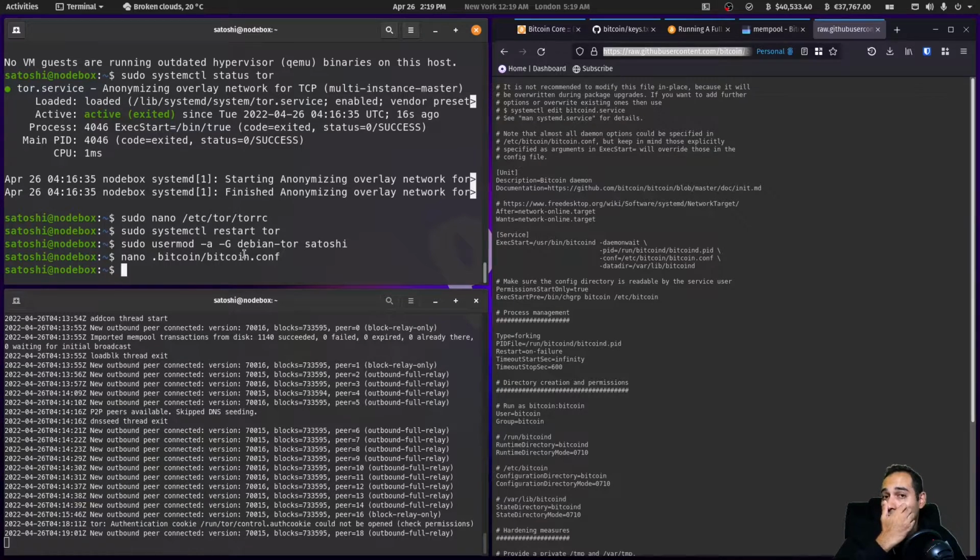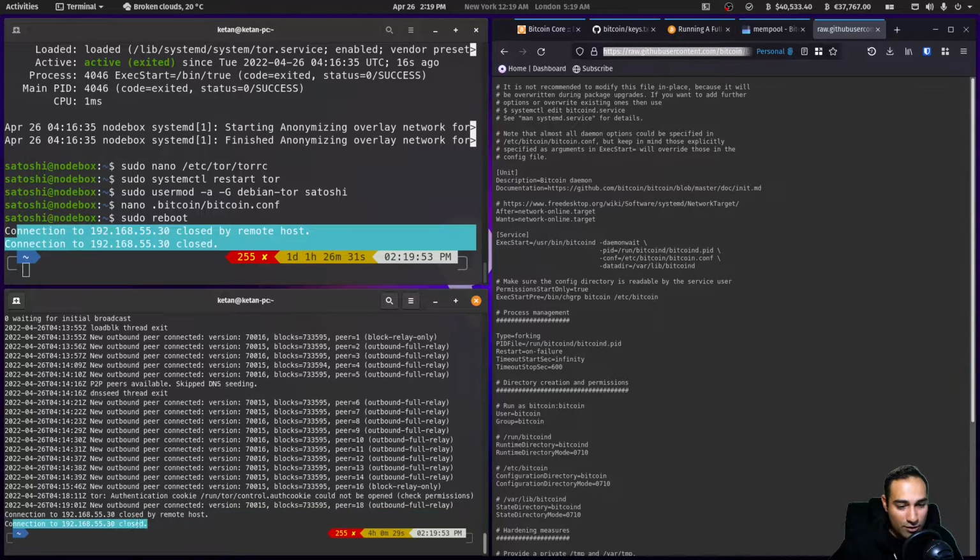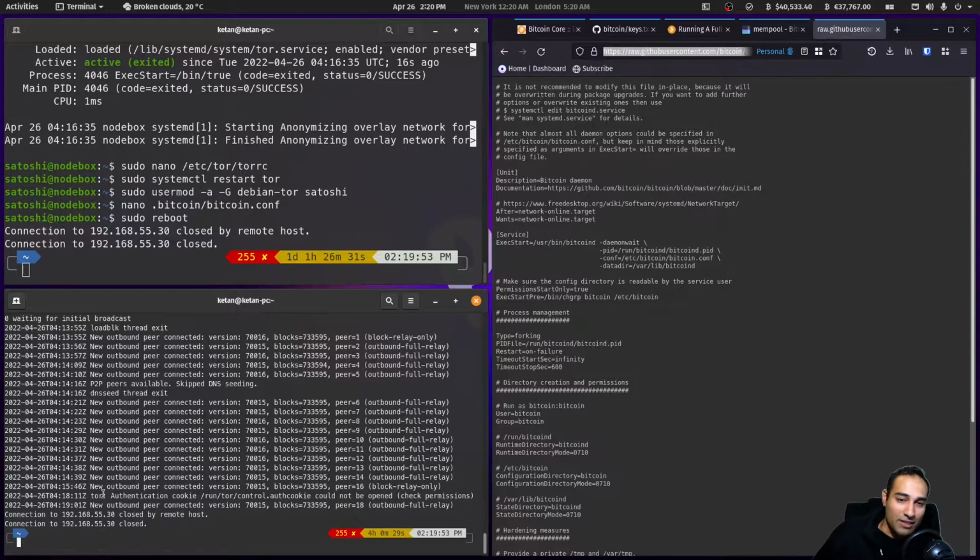Okay, so now what I'm going to do is reboot the machine, and hopefully Bitcoin will start on boot, and it will ensure that communications are going through Tor. So let's just sudo reboot. That should kick me out of both terminals here. So that's closed off, so is that, and we'll just wait a couple of minutes for this thing to come